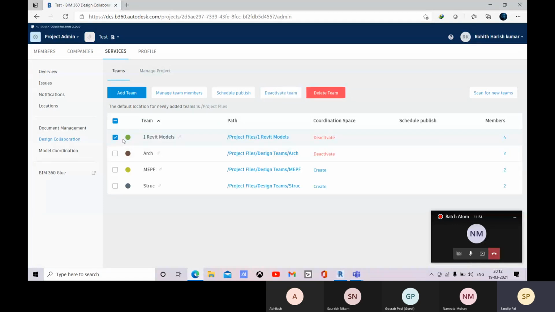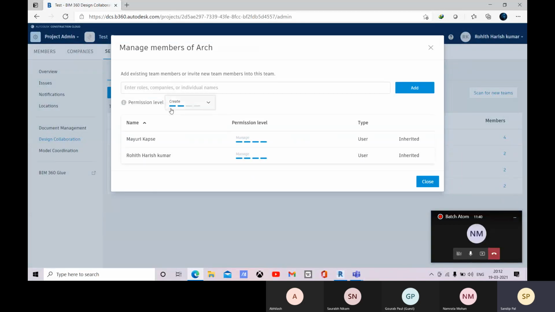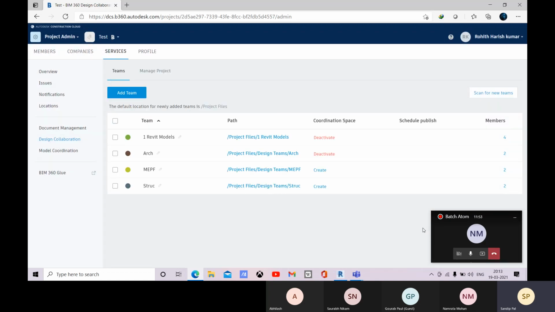Let me add one more, like architect, and close, and it will be added. Now within this project admin I have done this.